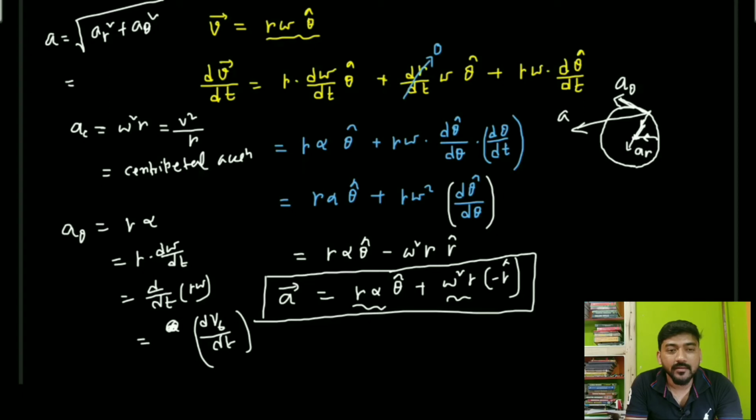So that will be, again I have derived earlier also, and I have promised there that I will derive this thing in another way. So this is the second method, you can say, and this ar is here omega square r or v square by r, or AC, you can say. AR can be written as AC also, and a theta can be written as AT also. Theta means theta represents the transverse direction and t represents the tangential direction.